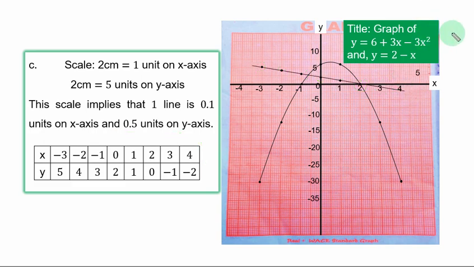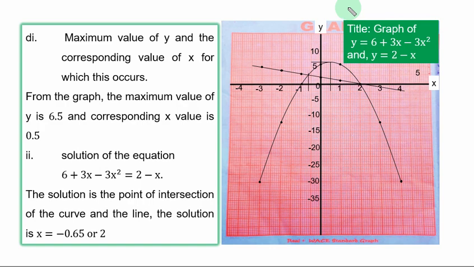All the points have been joined together for the linear graph, and the title of the graph updated to reflect both the quadratic and the linear graph. We move to part (b) of the question. Roman figure 1, maximum value of y and the corresponding value of s for which